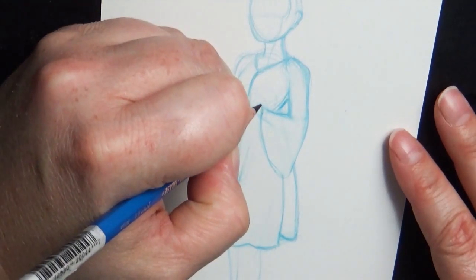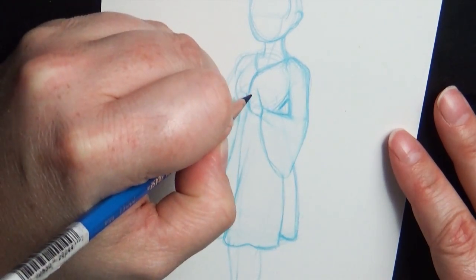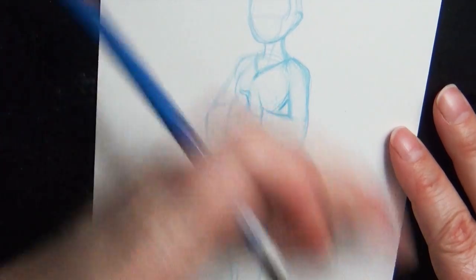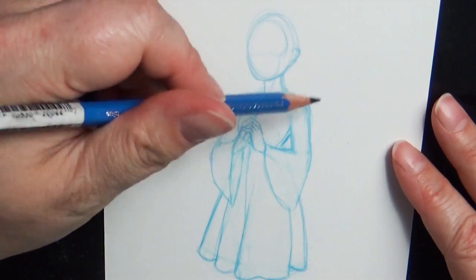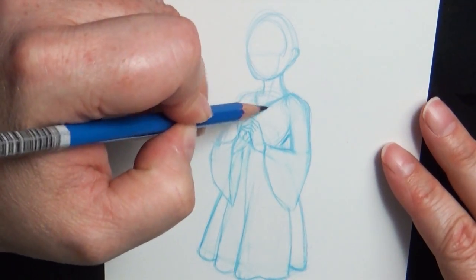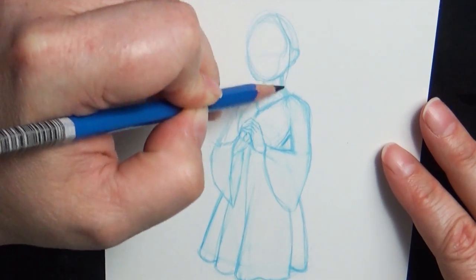It's really fun to design and try out different fashions, especially if you're into character designing. Designing your character's outfits can be really, really fun. So now all that's left is to do the collar or whatever we want to do here. And I actually want to put a hood with this. So I'm going to wrap a hood